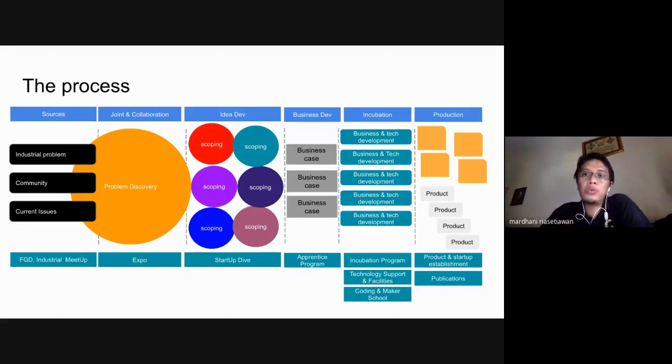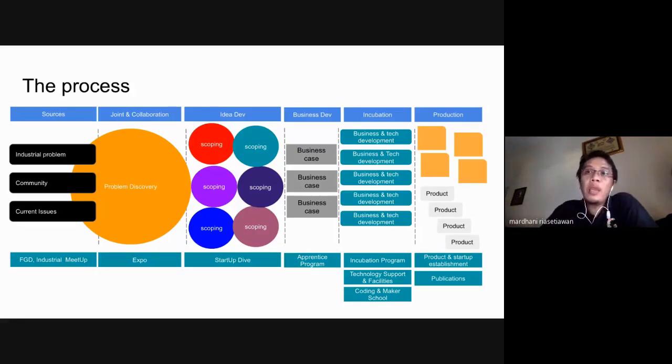So if you want to deal with an agricultural startup, you need the source. You have your trusted farmer that gives you some information about the source of agriculture. For example, if you want to do a Gojek-like transportation startup, you need to have the source. If you want to build governmental services, you need to have the government sources, and so on.